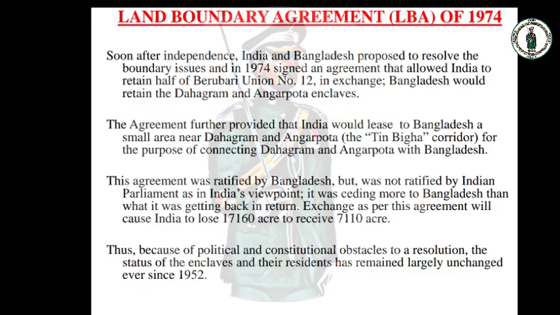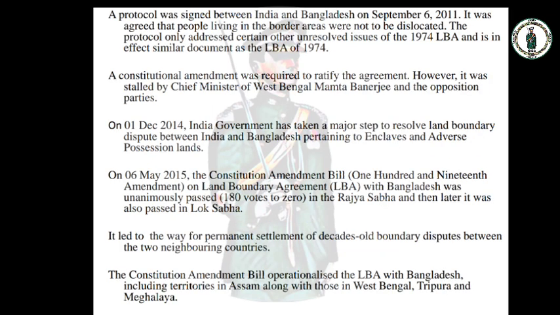Now, this agreement was ratified by Bangladesh, but it was not ratified by the Indian Parliament, as in India's viewpoint, it was ceding more to Bangladesh than what it was getting back in return. Then again in September 2011, a protocol was signed between both countries, which agreed that people living in the border areas will not be dislocated, but this protocol only addressed certain issues of the 1974 agreement, because a constitutional amendment was required to ratify this agreement, but it was stalled by the Chief Minister of West Bengal and the opposition